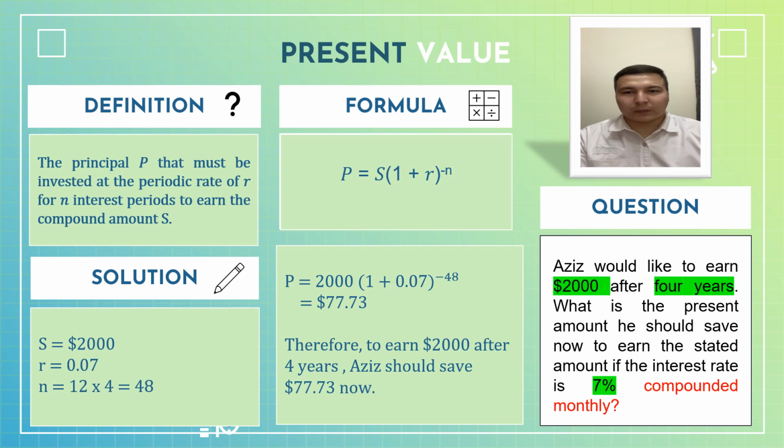S equals 2000, R equals 0.07 divided by 12, and 12 multiplied by 4 is 48. P equals 2000(1 + 0.07/12) to the power of negative 48, which will be $1,511.73. Therefore, to earn $2,000 after 4 years, Aziz should save